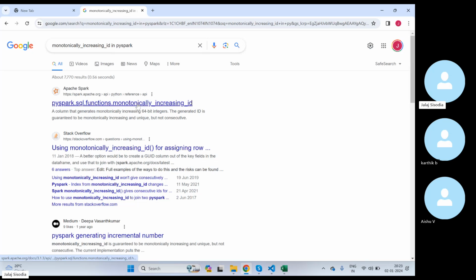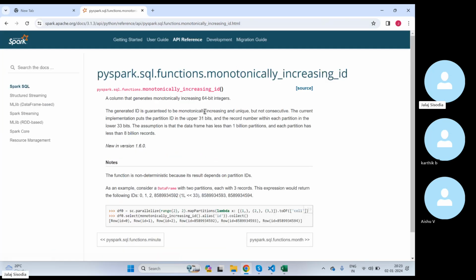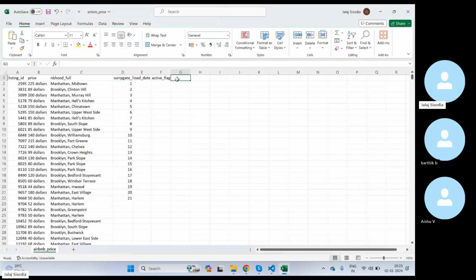Okay, but it is not going to generate it in a sequential order. Okay, it's not going to be consecutive. It's actually going to be something like this. Okay, so it's something going to be like, let's say 34 here, 44, 56 here, something like this. Okay, so it will be in increasing order as well, but it will not be a proper